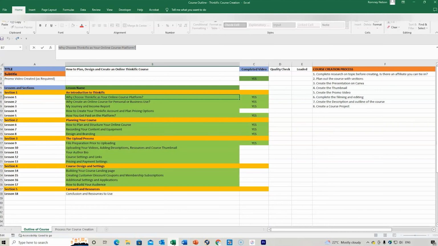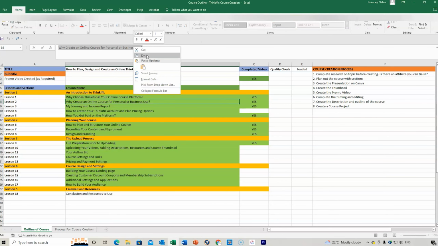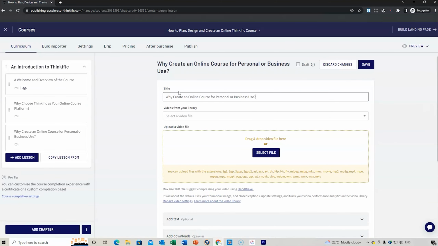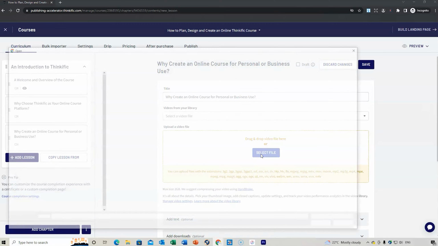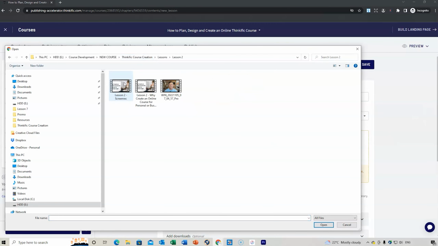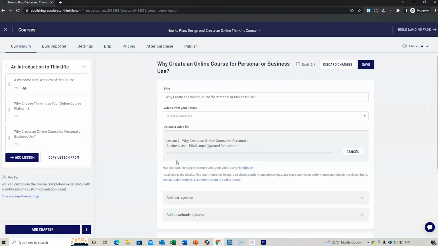So again, we go back here. We're doing lesson number 2. So we copy that. We go back to our presentation or our course, and we select the next video. So we keep going. This is why it needs to be well organized. And lesson number 2, we open that up and we wait for that to upload. What I'm going to do after this uploads is show you how to add a new chapter.